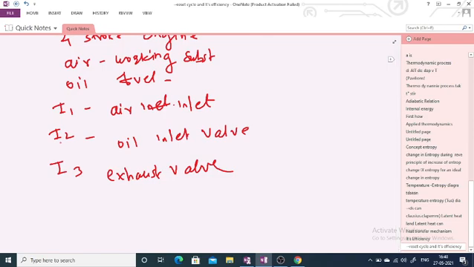In this case, your working substance undergoes four stages. It is called a four-stroke engine. It includes six operations once again. In the auto engine, there are six operations and four strokes. It should be remembered that the auto engine is internal combustion, and diesel is also internal combustion. The auto engine is a four-stroke engine, and this is also a four-stroke engine with six operations.